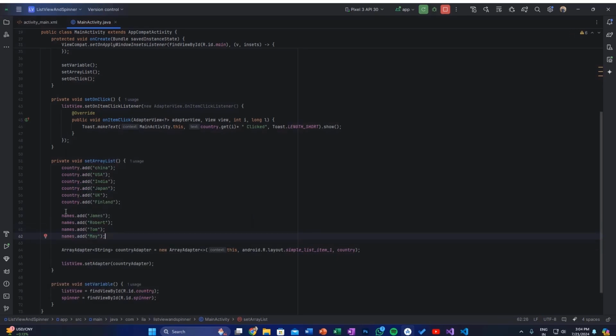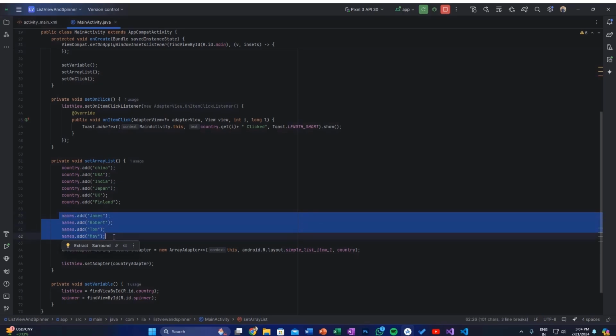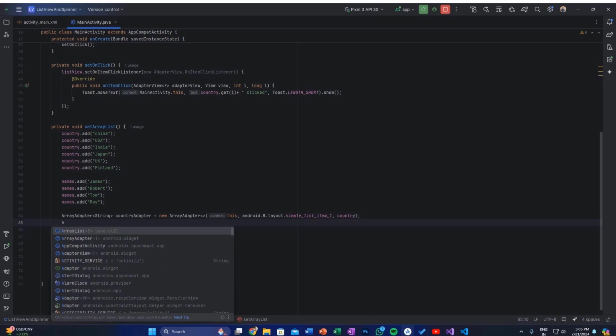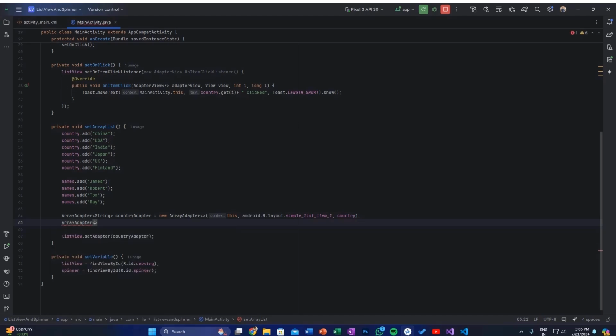Now I have added some 4 names to this array list, and I'm going to set an adapter. So here I'm going to say array adapter string